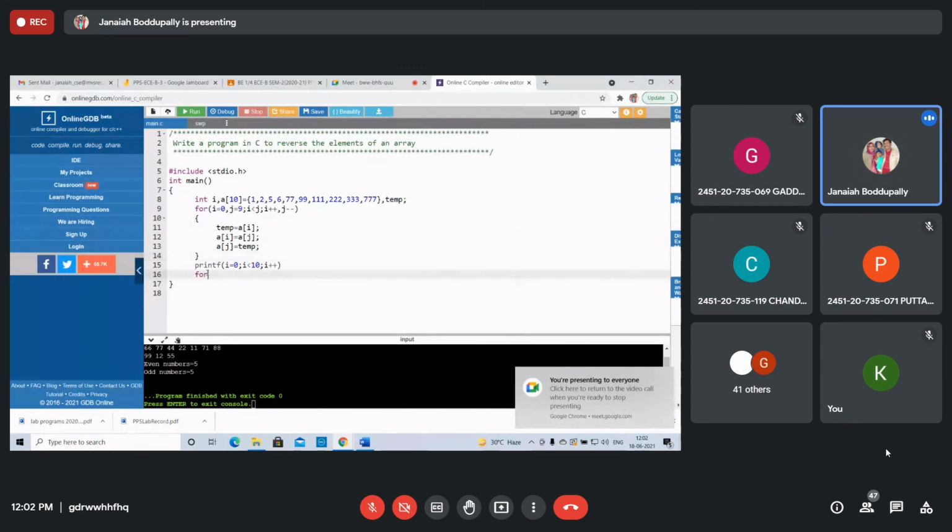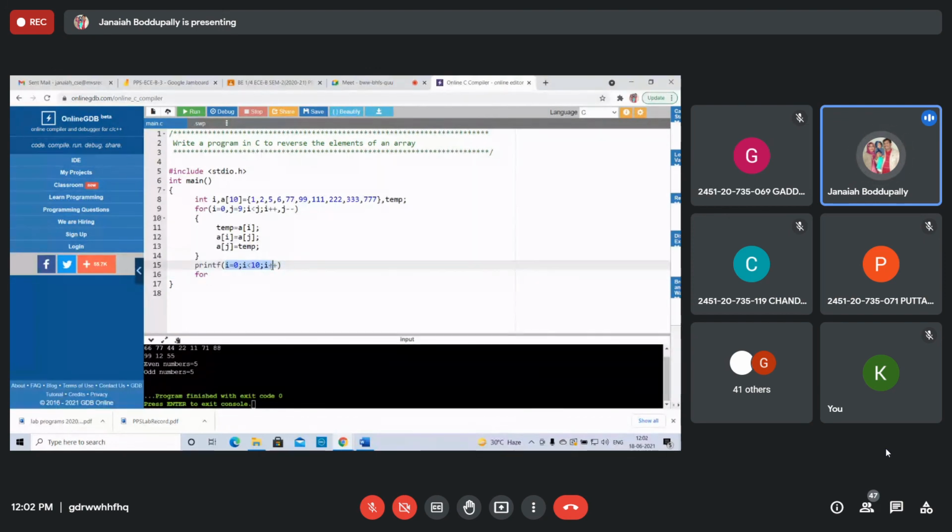Sorry, printf. I'm taking printf now. Printf "Reverse array elements", or otherwise "reverse elements of array".